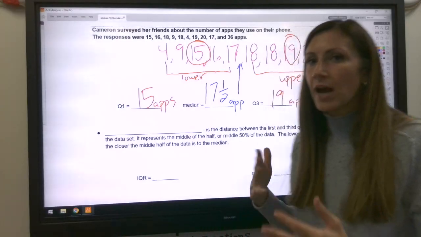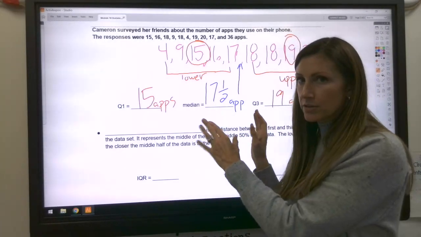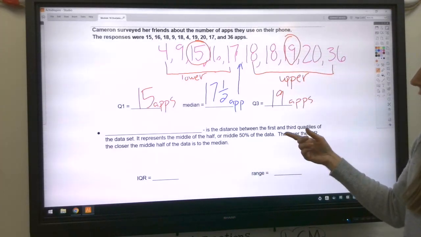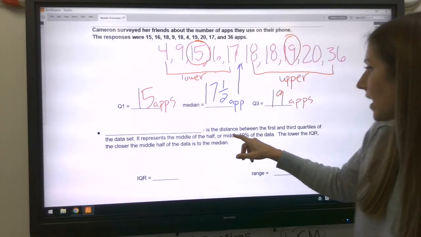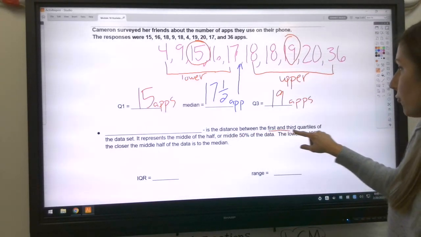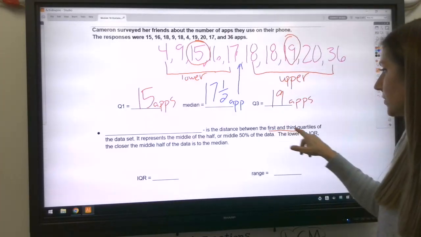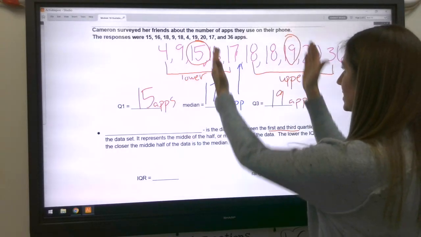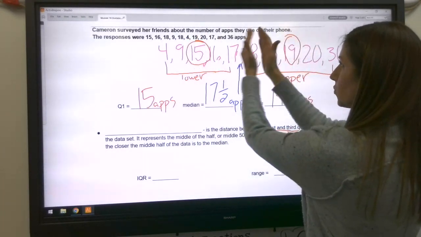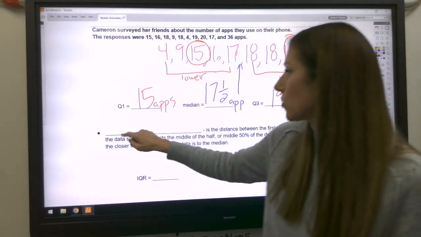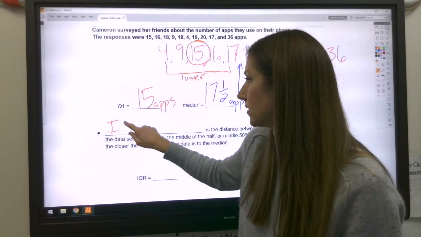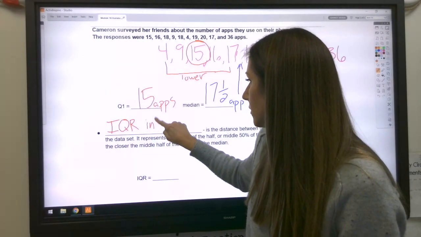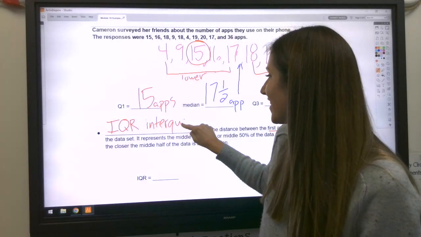That's still pretty basic. So now we're going to take that information from quartiles and analyze what's going on in our data. When we are looking at this information, we're finding the distance between the first and the third quartiles, that 15 and that 19. We're looking at the distance between those two. And that is called the IQR, which stands for interquartile